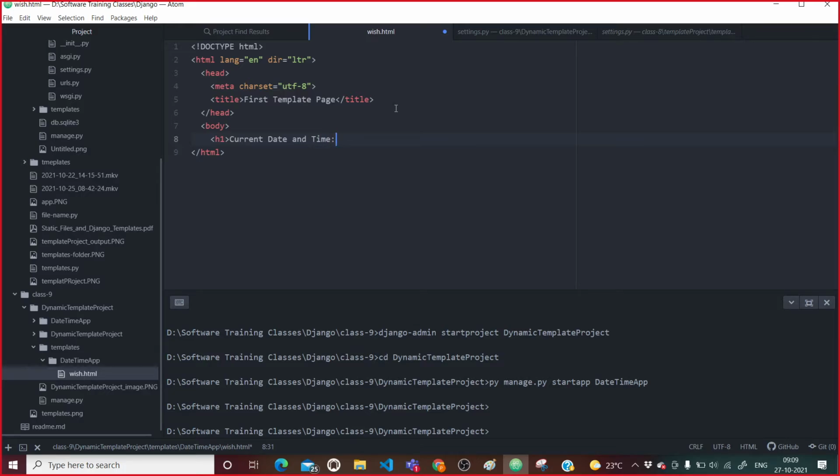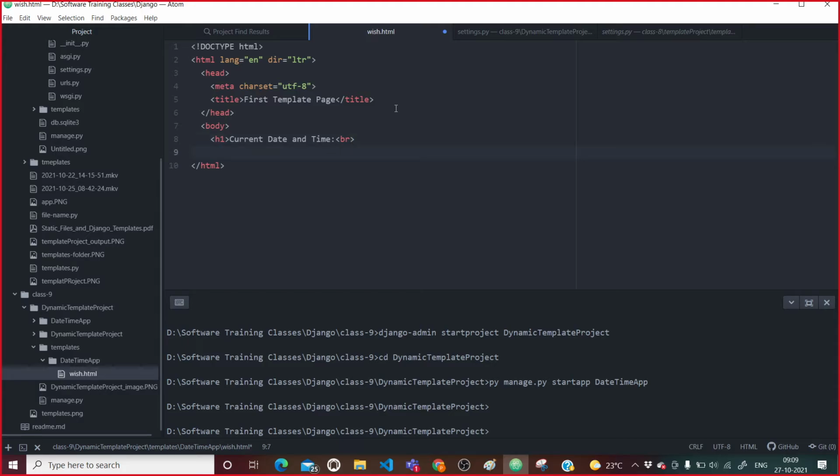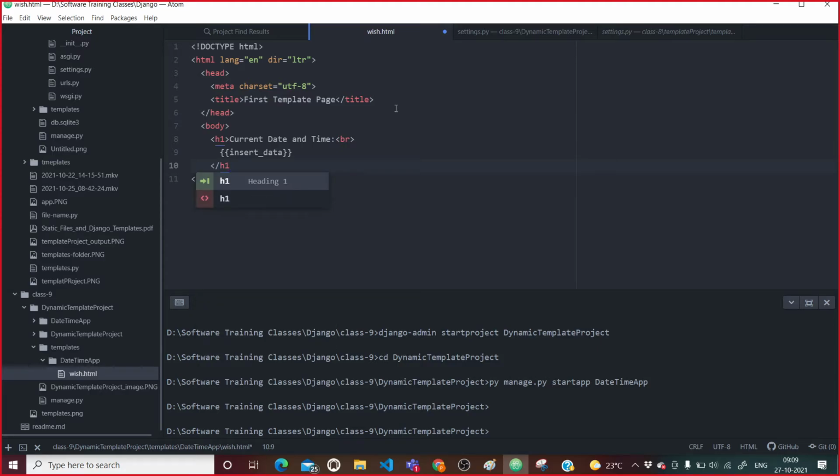And this current date and time is going to come from the views.py file. To call it, I will change the line, and after that I will say insert data, which is the variable name. After that I close this h1.